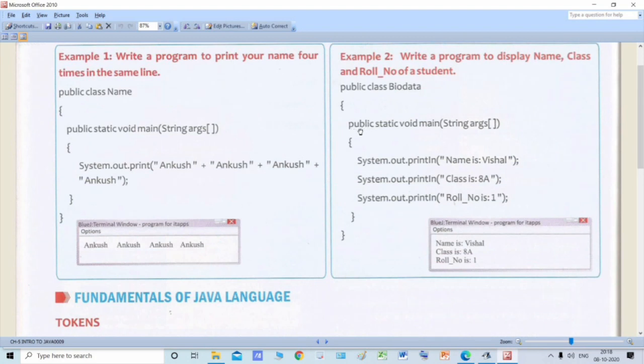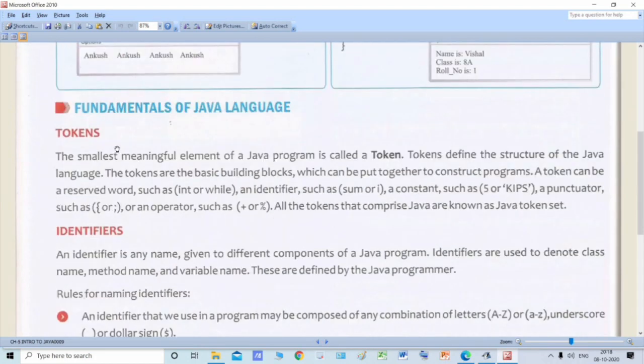So if I come to this program, this public word is a Java token. This static word is also a Java token. If we talk about this curly brace, this curly brace is also a Java token. Now tokens define the structure of the Java language.